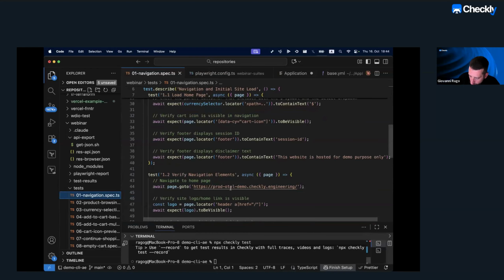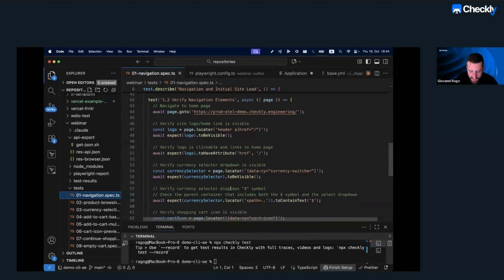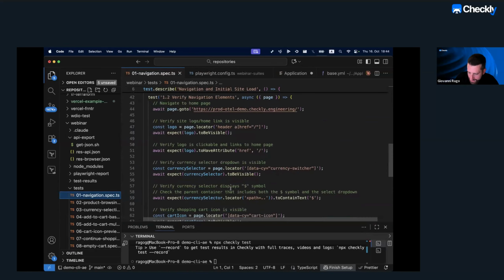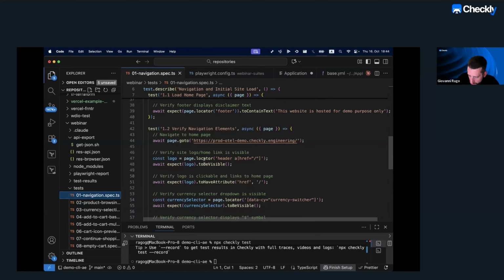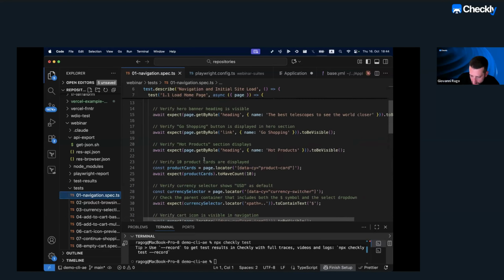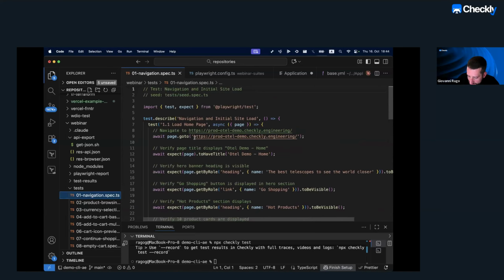And don't think that this is necessarily just slop that is gonna create heaps of technical debt. Actually, I was kind of surprised by how good some of the results are. Maybe what we're looking at right now is just a small suite that confirms that the site loads, and